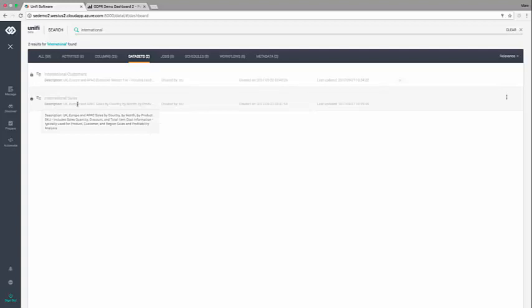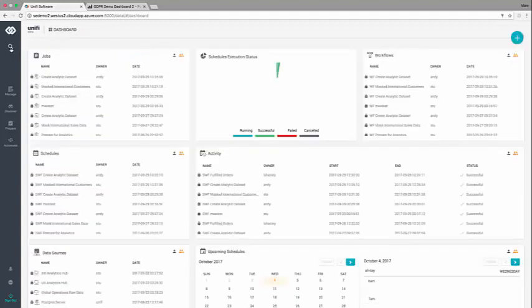Again, one of the great things about Unifi is I don't have to switch over to an email or pick up a phone and call anybody. Right from within the application, I can make a request for that data. And when I click that, that is going to initiate a request to the data steward that owns access to this data set. And that happens to be Stu in this case. So what we'll do right now is jump out of here.